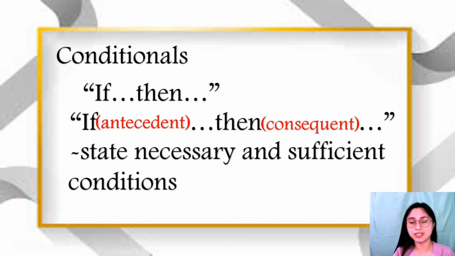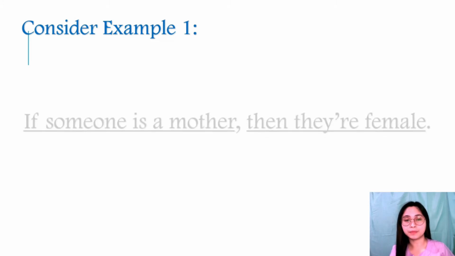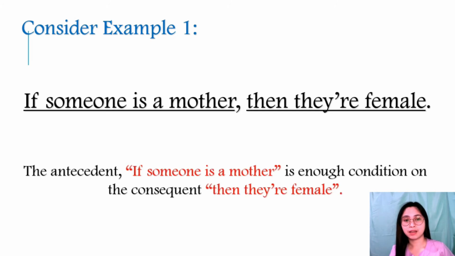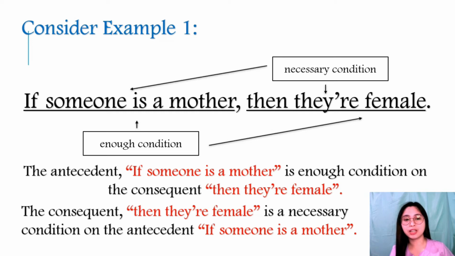These conditionals or sentences state necessary and sufficient conditions. When we say sufficient and necessary condition, consider example 1. If someone is a mother, then they're female. The antecedent, if someone is a mother, is a sufficient condition, and the consequent, then they're female,